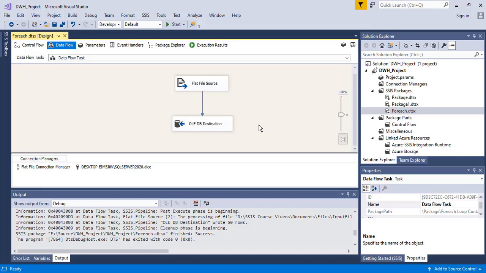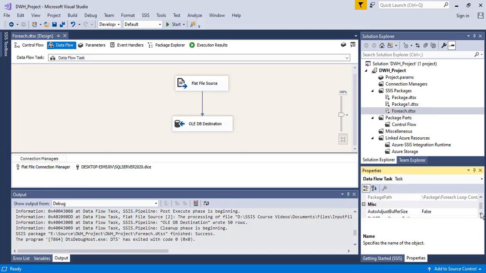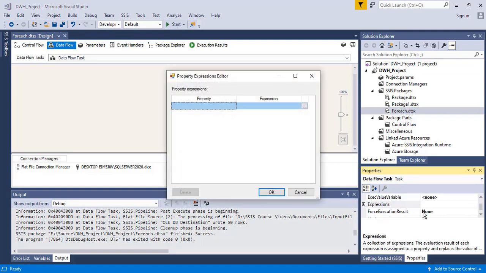What I want is for it to load the second file, not the first file. For that I need to go here in the expression section.